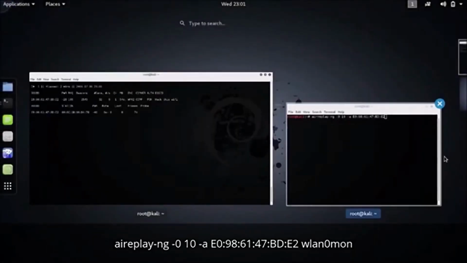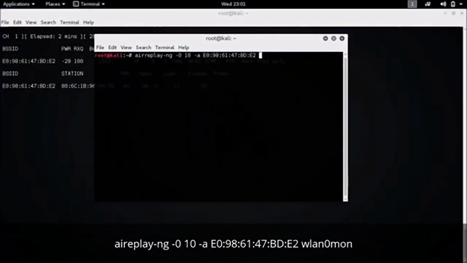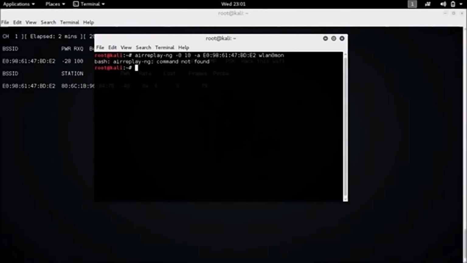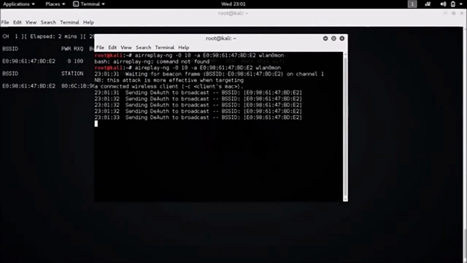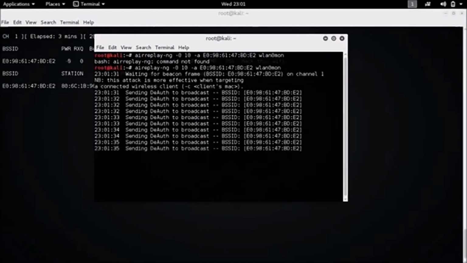As you can see, we are sending deauthentication packets. Once you send the deauthentication packet, the device tries to reconnect to the network. When it does, you'll get something called a WPA handshake here. So that's the file we have captured now. If you get this WPA handshake, we're done with capturing the packet. So we can close this window now.